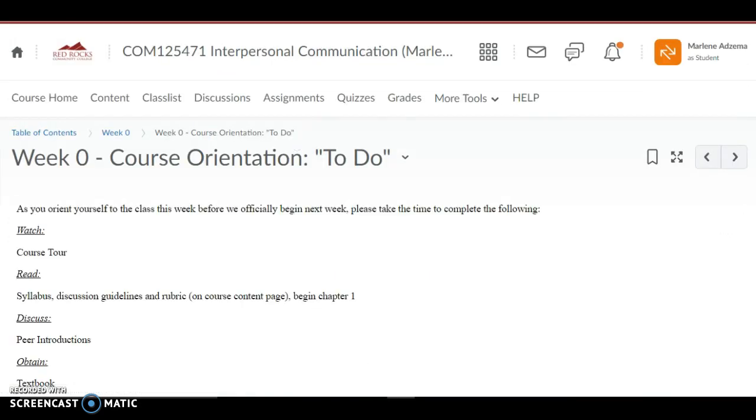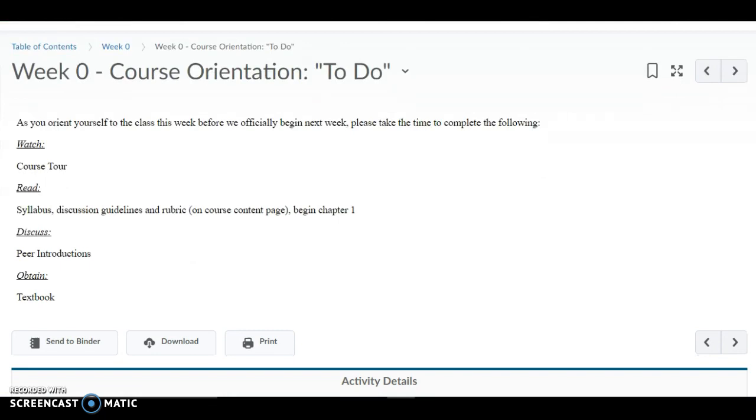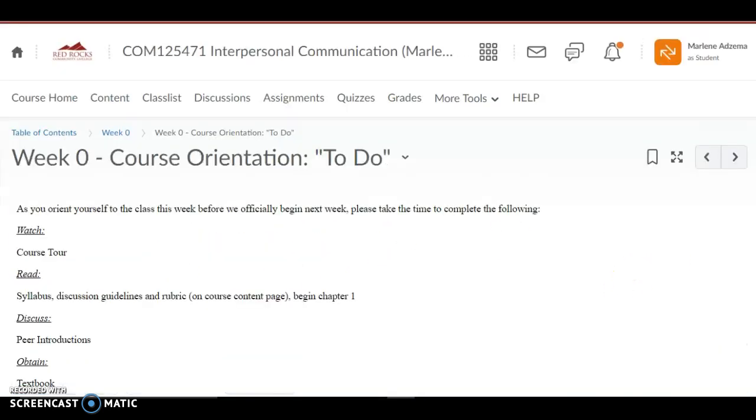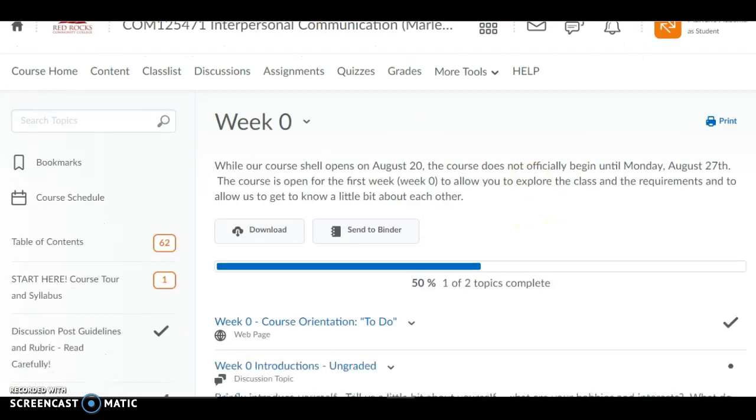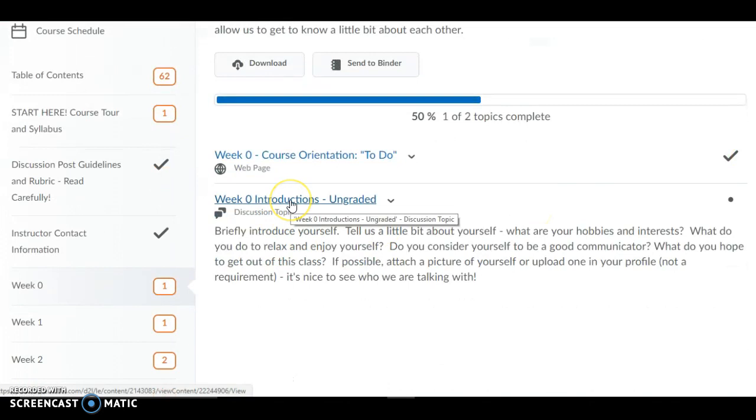Each week I'll post a to-do list so you know exactly what needs to be done that week. You'll also see that to-do list under the weekly announcement. So you'll see here this first week: watch the course tour, read the syllabus, discussion guidelines, and rubric, and begin chapter 1. We're also engaging in some ungraded peer introductions, just so everybody has a chance to get to know one another. And you can go right in here, click on this,